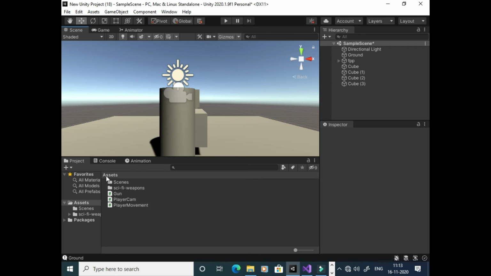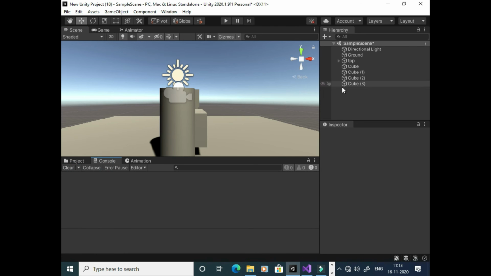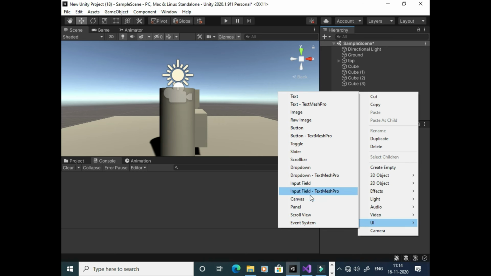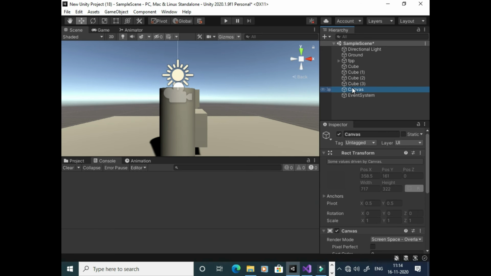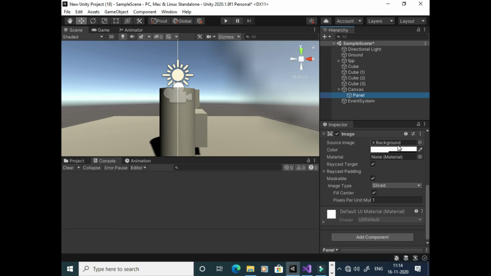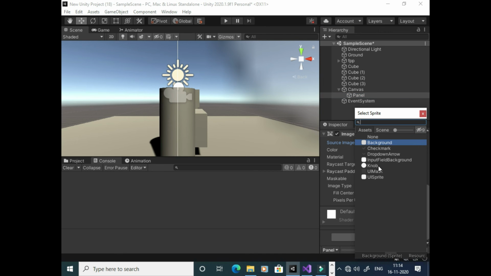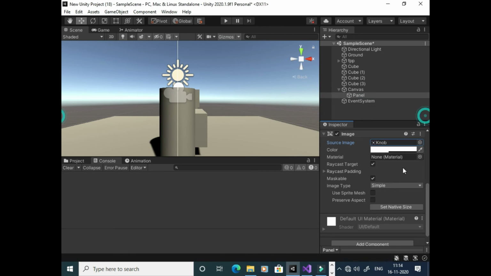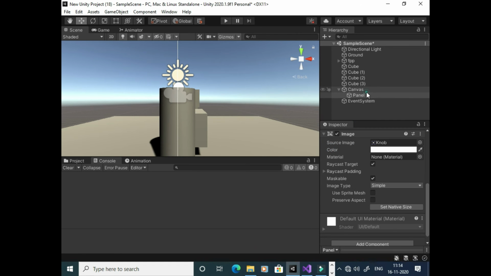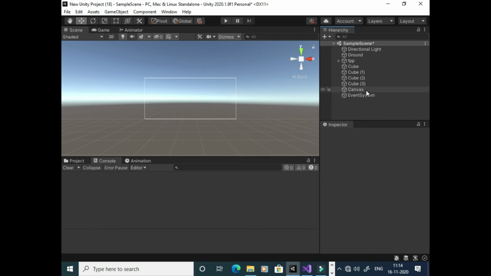To make our crosshair visible, we need to go into our hierarchy, right click, and under UI create a canvas. Under the canvas we have to create a panel, and under the panel change the source image and make it our knob. Actually, we don't have to make a panel.